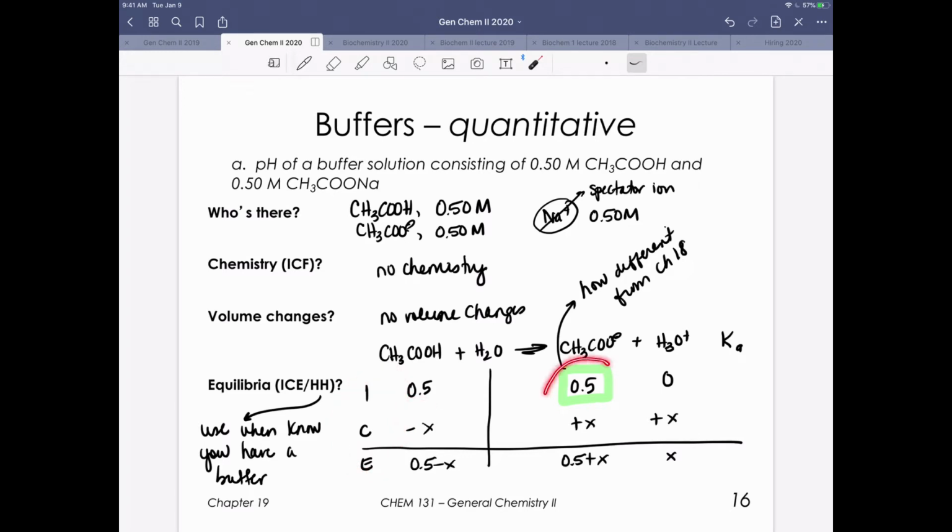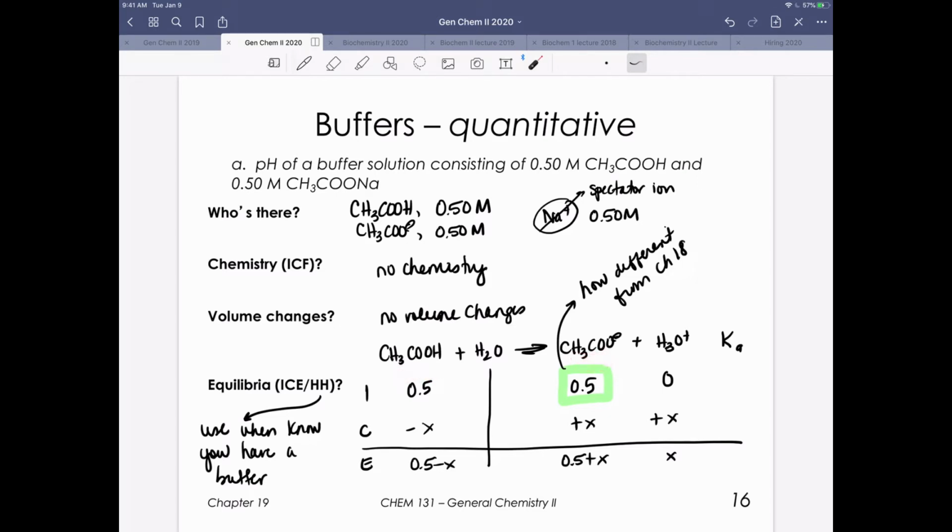Now this is the one piece that's different from what we did in chapter 18. In chapter 18, you might have only seen a problem that said, what's the pH of a 0.5 molar acetic acid solution? Or a 0.5 molar sodium acetate solution, not a solution that contained both of them. So this is a piece that's new, and don't get tripped up by this. Don't put a 0 in here because it's not 0. They tell us that we start by having that amount of both of these chemicals, 0.5 molar, weak acid, and